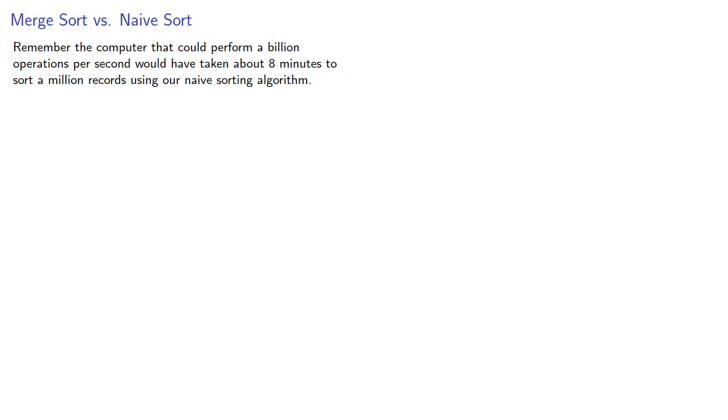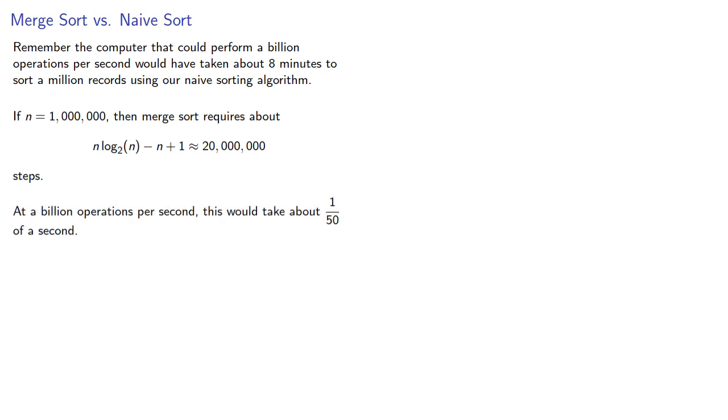Remember that a computer that can perform 1 billion operations per second would have taken about 8 minutes to sort 1 million records using our naive sorting algorithm. But if n equals 1 million, then merge sort requires about 20 million steps, and at 1 billion operations per second, this would take 1/50th of a second, which is far faster